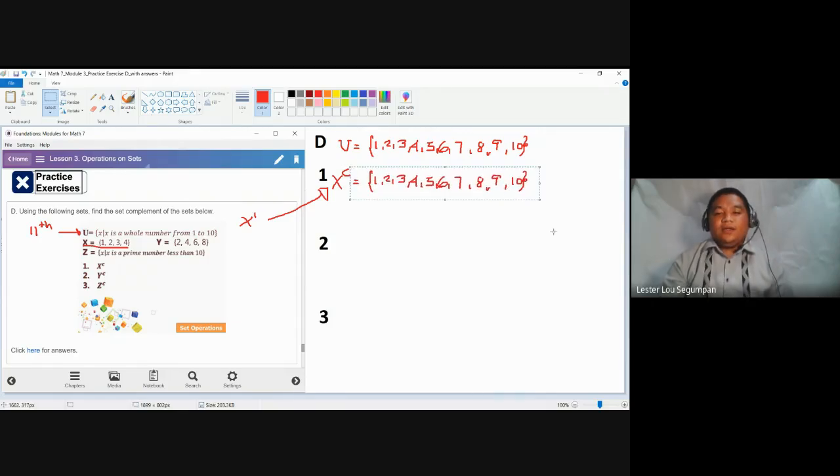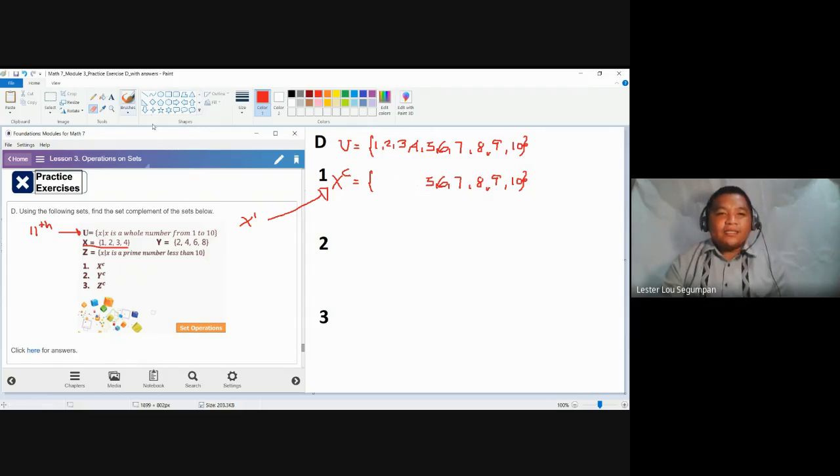In short, to answer number one, we are going to copy the universal set. Next step is to remove the elements found in X. X has 1, so remove. X has 2, remove. X has 3, remove. X has 4, remove as well. No more other elements.